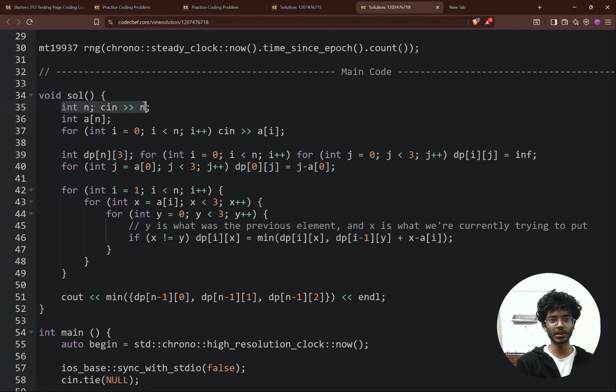So we'll begin by taking an input of n, then we'll just take in the input of the whole array. We'll define our DP array and we'll just initialize all of it with infinity. Then we'll initialize dp of 0. So we'll run a loop from a of 0 to less than 3. So what this will do is